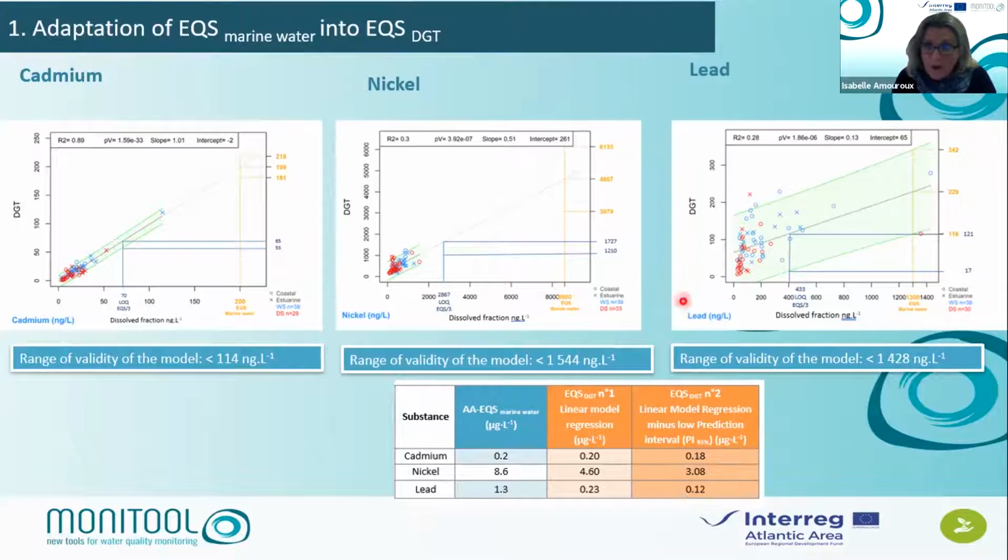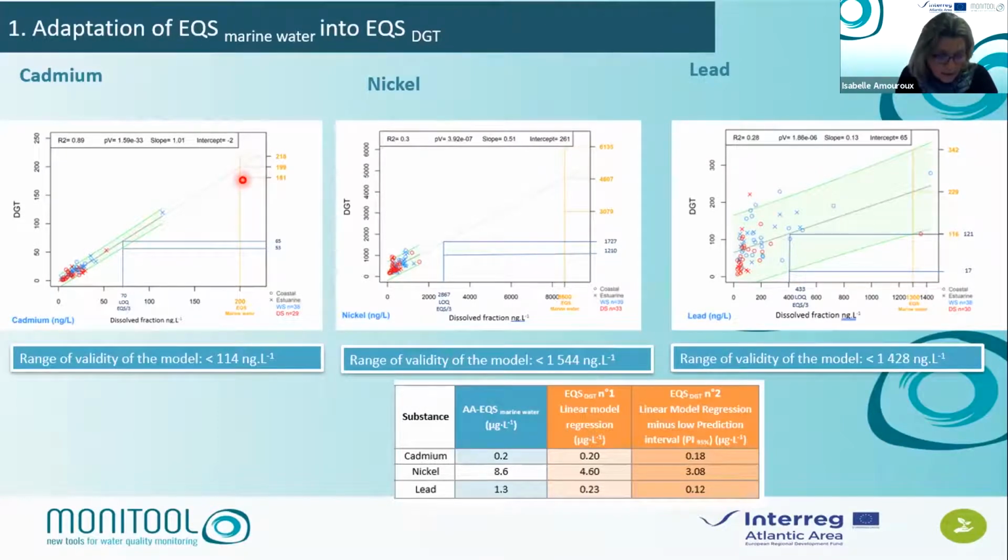Concerning lead, only one site presents results above the EQS marine water value for wet and dry season. Thus, even if sampling was carried out in suspected highly contaminated sites like harbors, results are much below the EQS marine water values. So based on this relationship, the determination of the EQS DGT is done in a pragmatic way